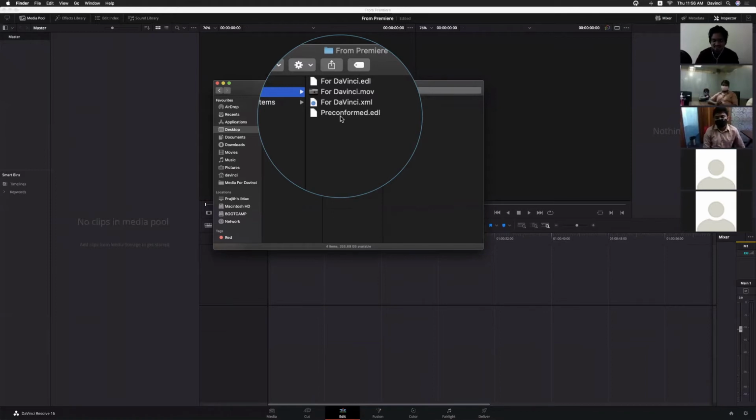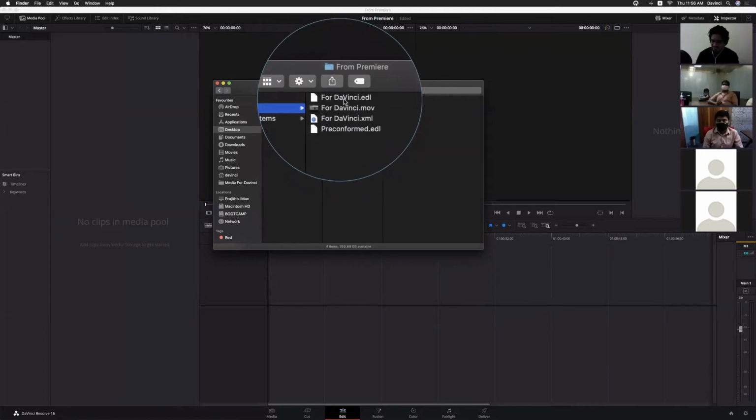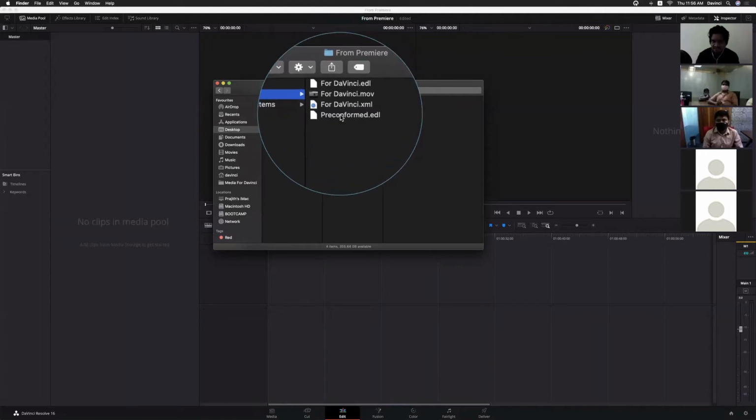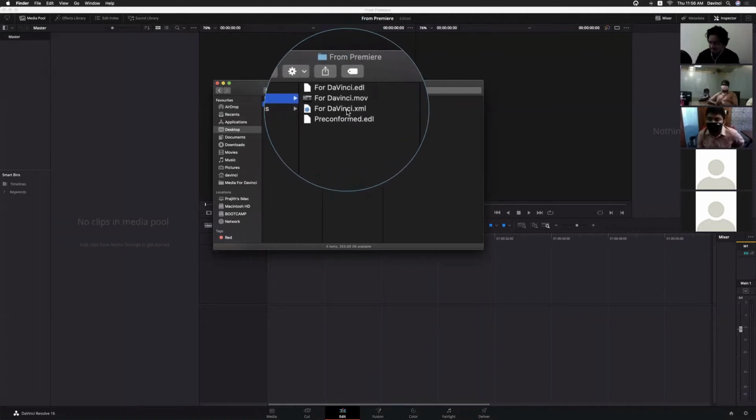It will automatically split in our DaVinci timeline, wherever the cuts were made in the original timeline, using the exported one. We'll go through all these options: direct EDL, pre-confirmed EDL, as well as XML.